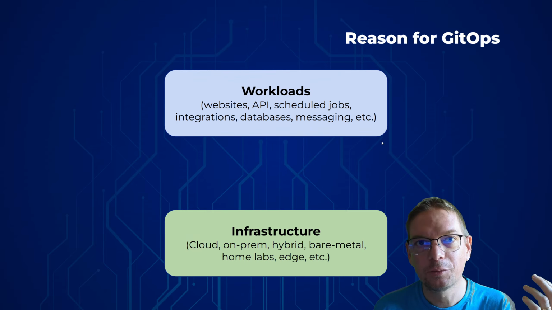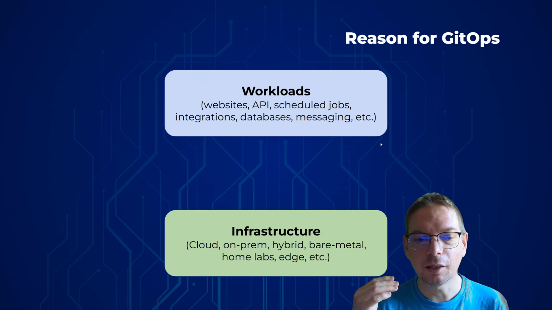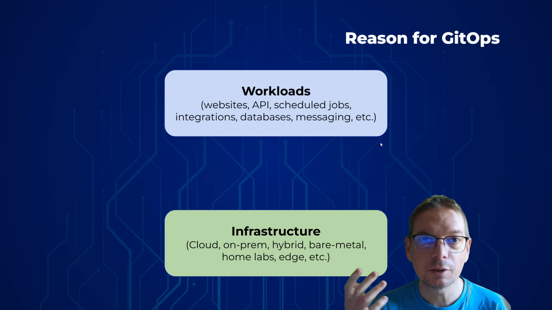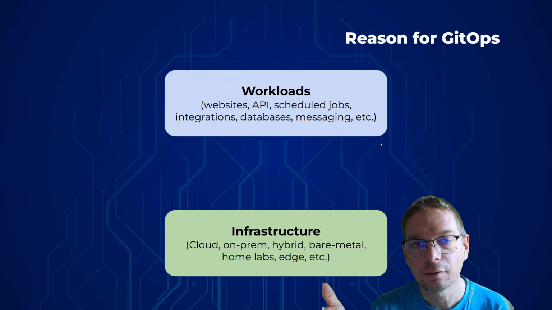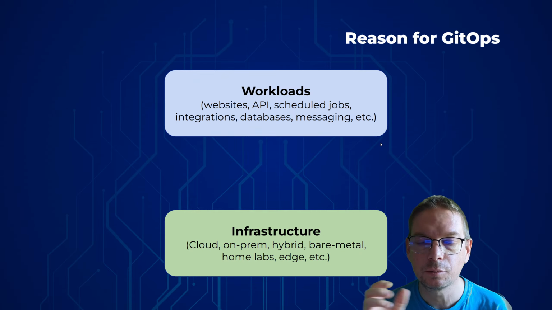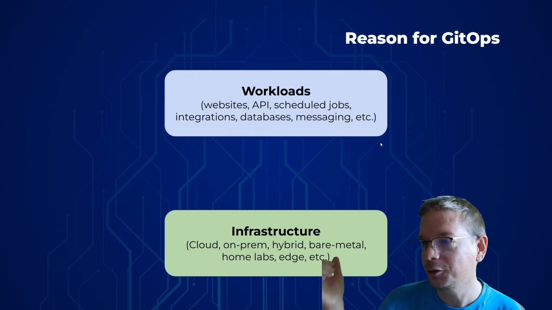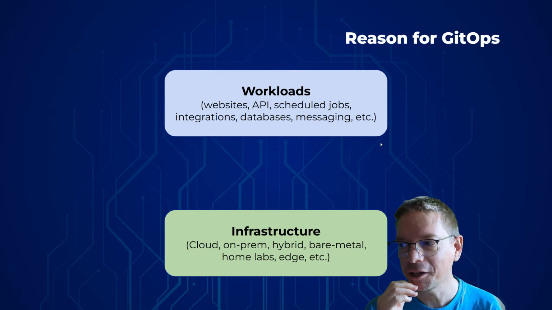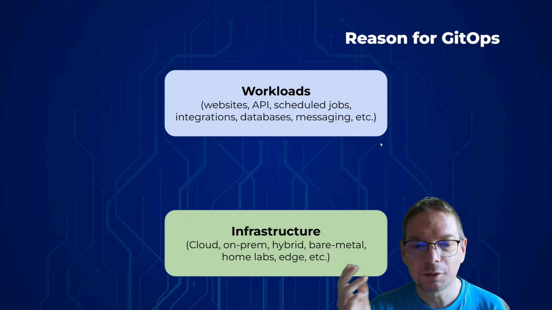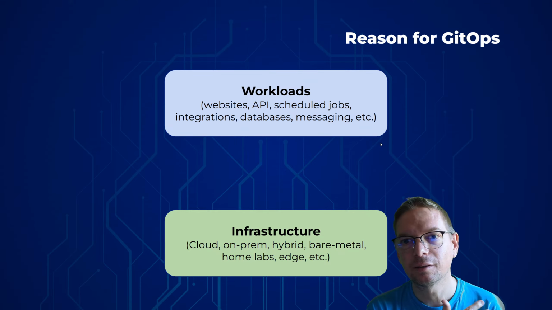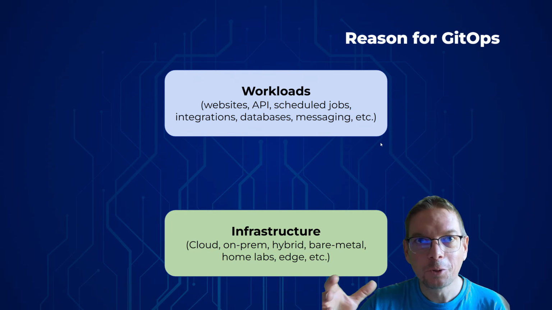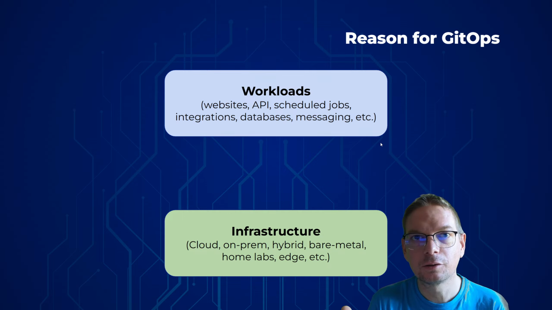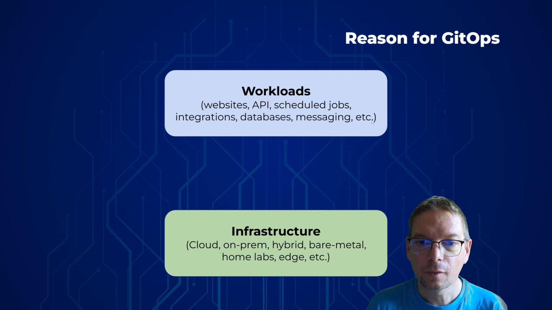And to do it, obviously, we cannot run it out of thin air, so we need an infrastructure. It can be whatever infrastructure. It can be in the cloud, like AWS. It can be in your company data center, on-prem, or a hybrid approach with the cloud. It can be bare metal, like I've got a Raspberry Pi behind me. It can be on home laboratories. It can be on the edge. It can be in a spaceship. It can be whatever. Our goal is to run our workloads somewhere, which also depends on what we want to do with the workload.